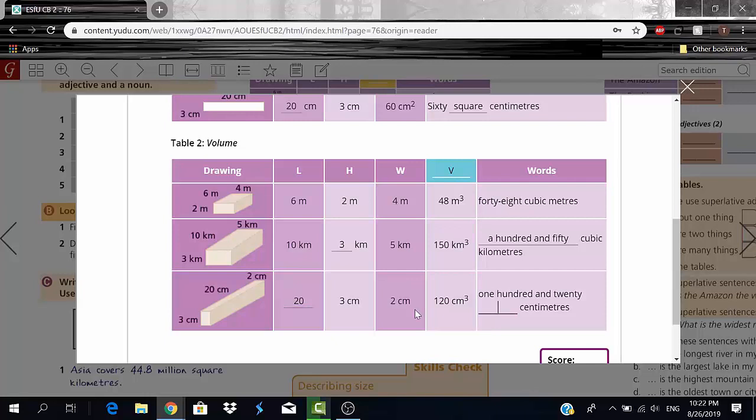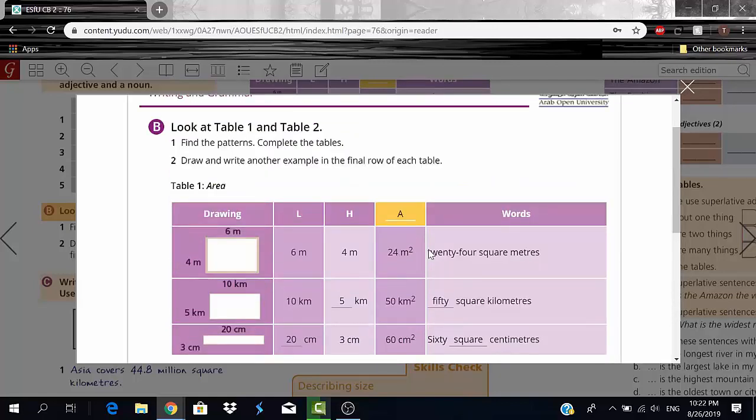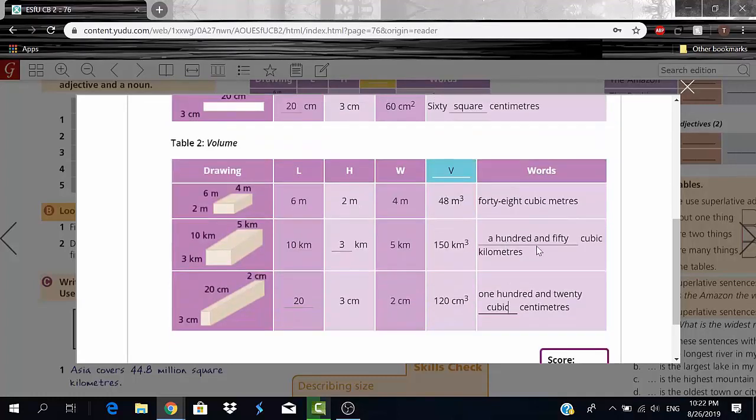120, what is it, you guys? Cubic centimeters, not meters. Okay, cubic is when you have a 3, okay, and that is the unit of measurement for volume. While here in the first table, the area, we have square. A square is basically when you have that power 2 on top, and that is the unit of measurement for area. Okay, so square used for area, and then you have volume, and we use cubic, so 3. Okay, that power 3.